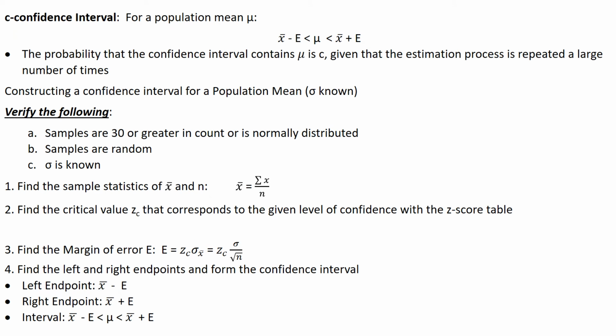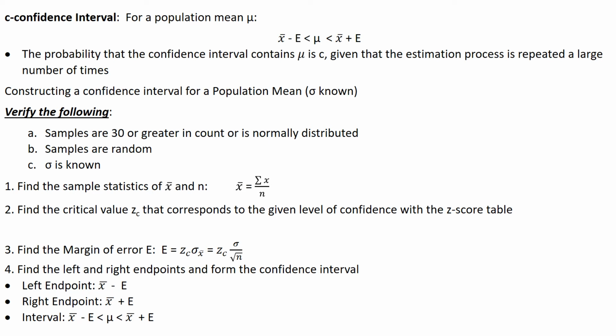Now we can also determine the confidence interval, which is what we've done for a population. It's very similar: sample mean minus the error, which is between our population mean and sample mean plus the error. And we've already done this actually. Again, the sample size has to be 30 or greater, it's random, and we also know our standard deviation, that small sigma,